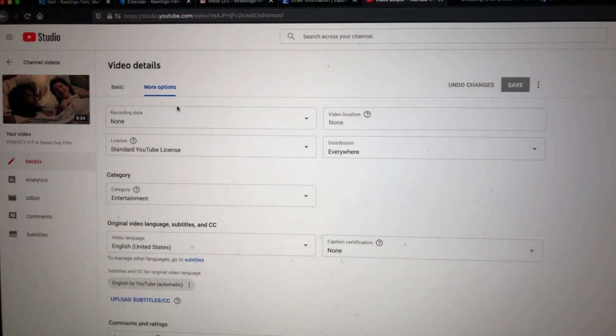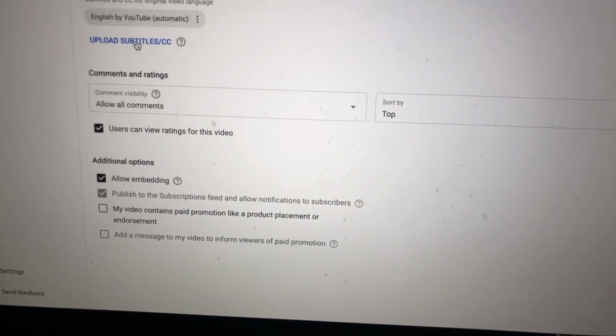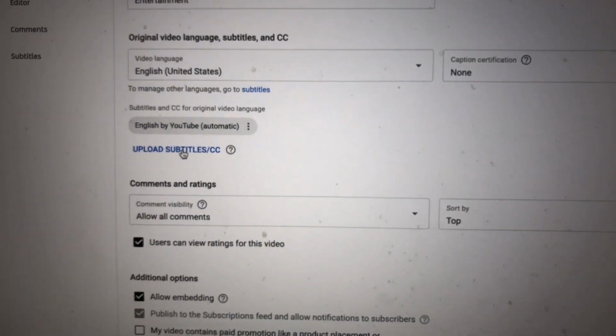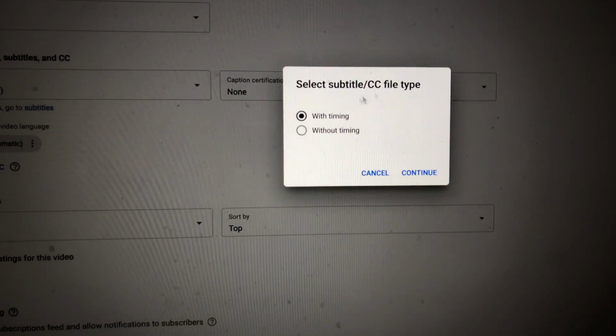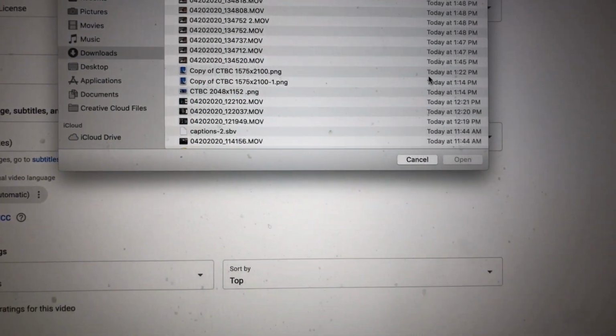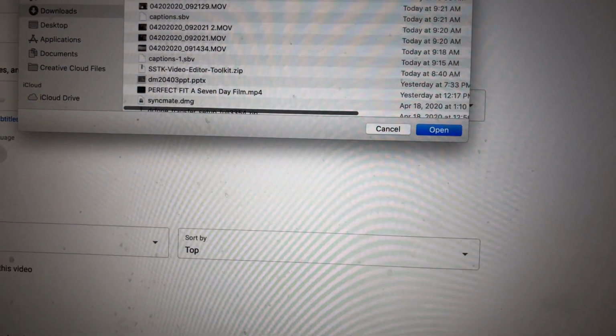You'll have to go to More options again and go back to that upload subtitles, closed caption down at the bottom, and upload those captions. You'll find them in your documents folder, and you're going to upload them with timing. That's a really important part. So you'll upload them, that captions.sbv file,